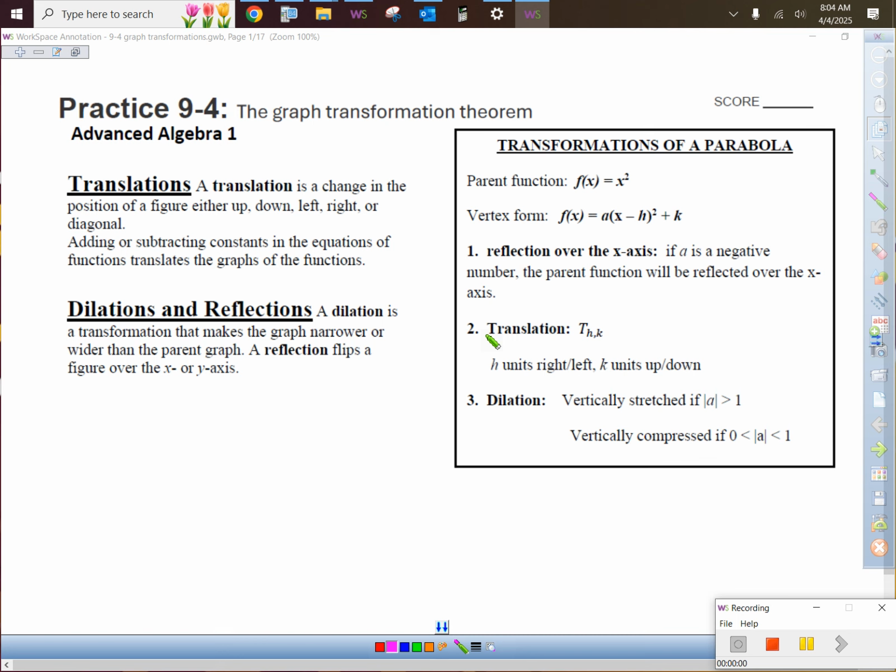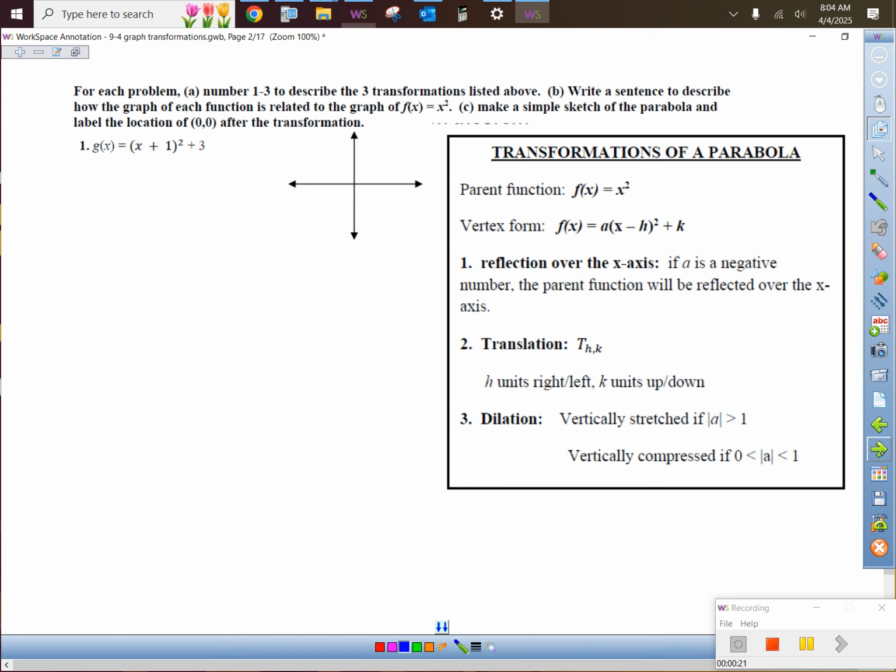Here we go. We're doing transformations of graphs. It'll be so much easier as we dive into it, but there are three major types of transformations. A reflection, I'm going to do that in green because I'm a color coordinating guy. A translation, which is a slide left or right, and a dilation, which is a size change. And there's just three steps right here that if we just dive into these questions,